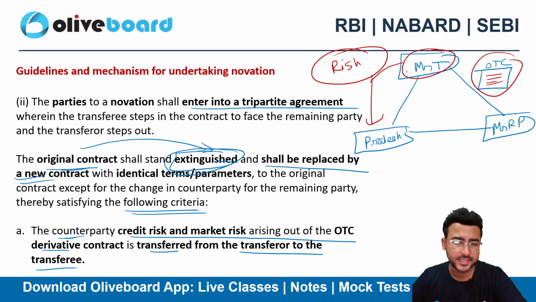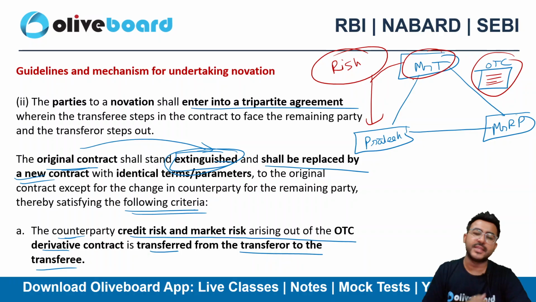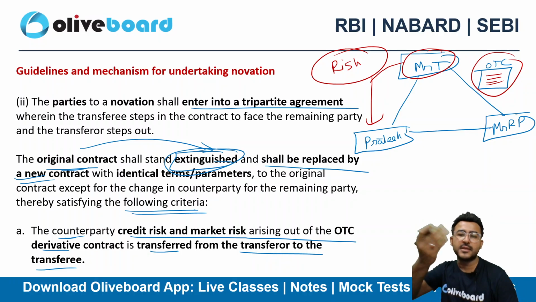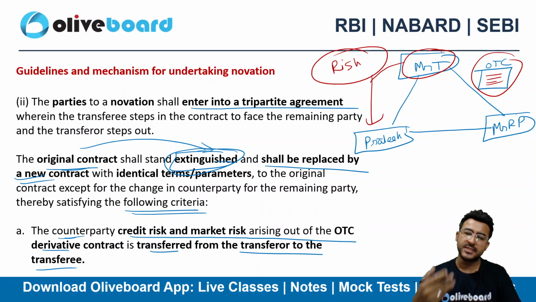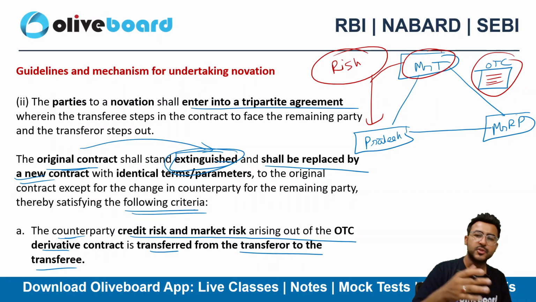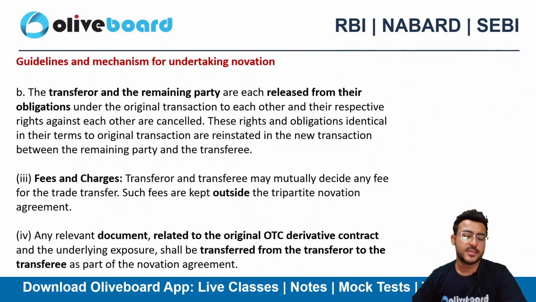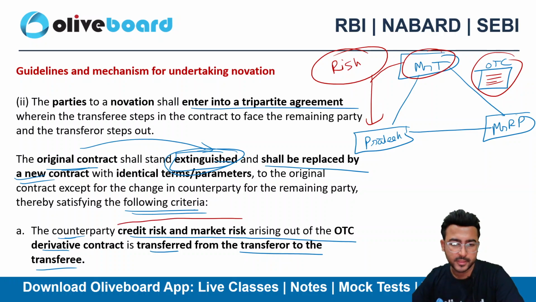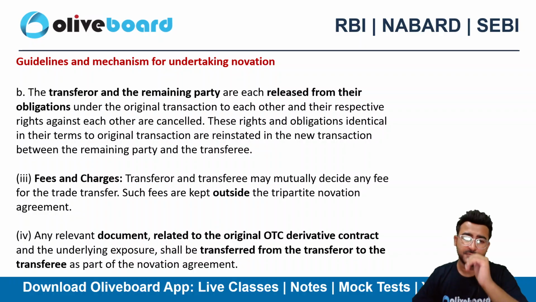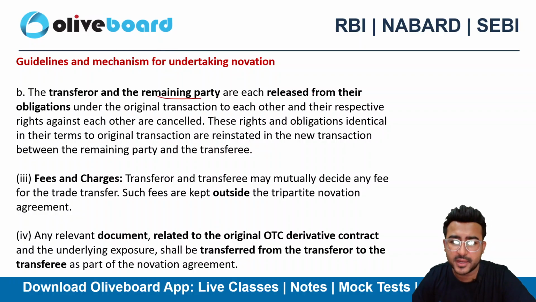to Prateek, to the transferee. तो risk कहां से कहां आ जानी चाहिए, ट्रांसफरर से ट्रांसफरी मेरे पास आ जाना चाहिए, मिस्टर टी से मेरे पास आ जानी चाहिए। यार ऑब्वियस ही बात है, नया कॉन्ट्रैक्ट एंटर कर रहा हूं तो जो मिस्टर टी की रिस्क है वो सारी मेरी हो जाएगी, जो मिस्टर टी के अब से आने वाले रिवॉर्ड्स हो मेरे हो जाएंगे, ऑब्वियस सी बात है, right. So first thing is transfer all the kind of risk here, credit risk as well as market risk to the transferee.